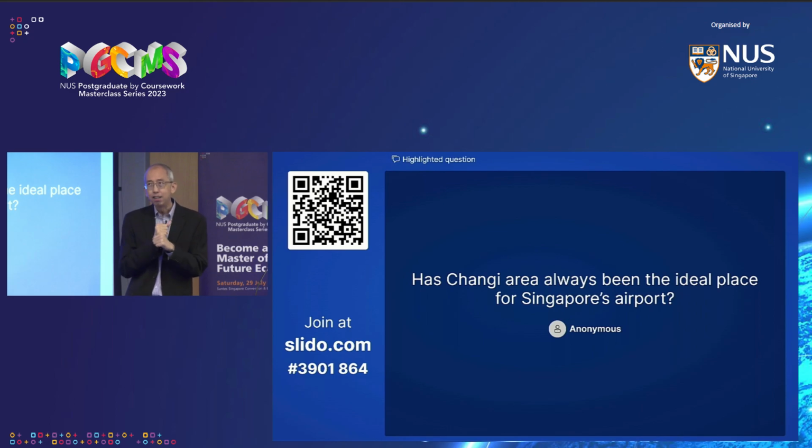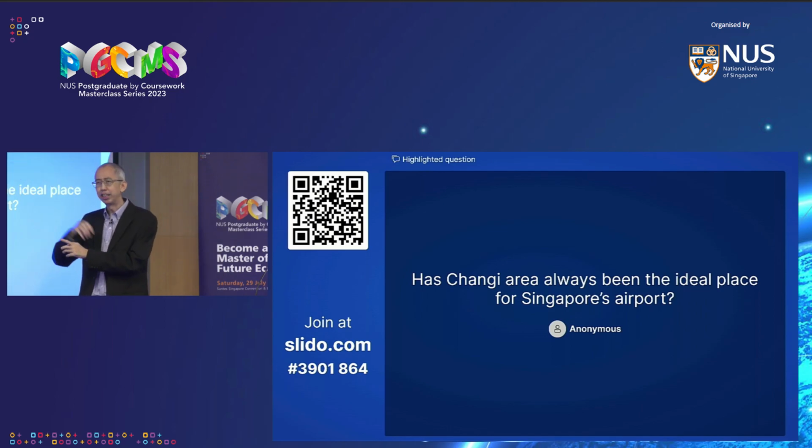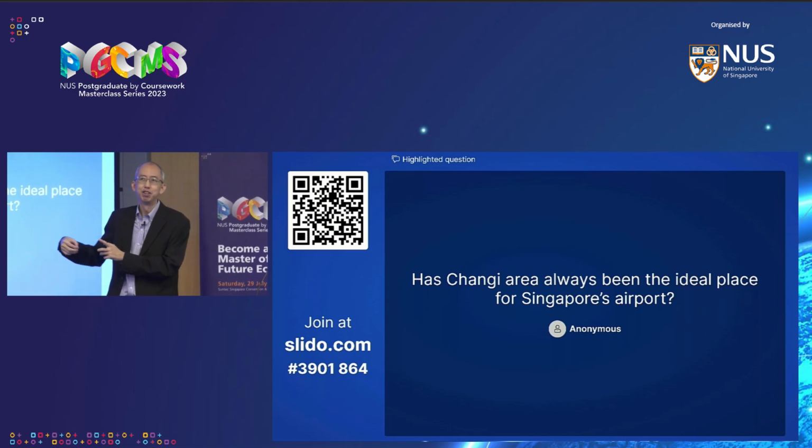So Kallang, then it moved out to Paya Lebar. Back then, Paya Lebar was quite far out in the 50s. Right? They did consider Changi, but Changi was way too far back then because you need to have the road connection. And then if you spend too much money building the road connection, you have no more money left to build the runway. So there's a bit of tension.